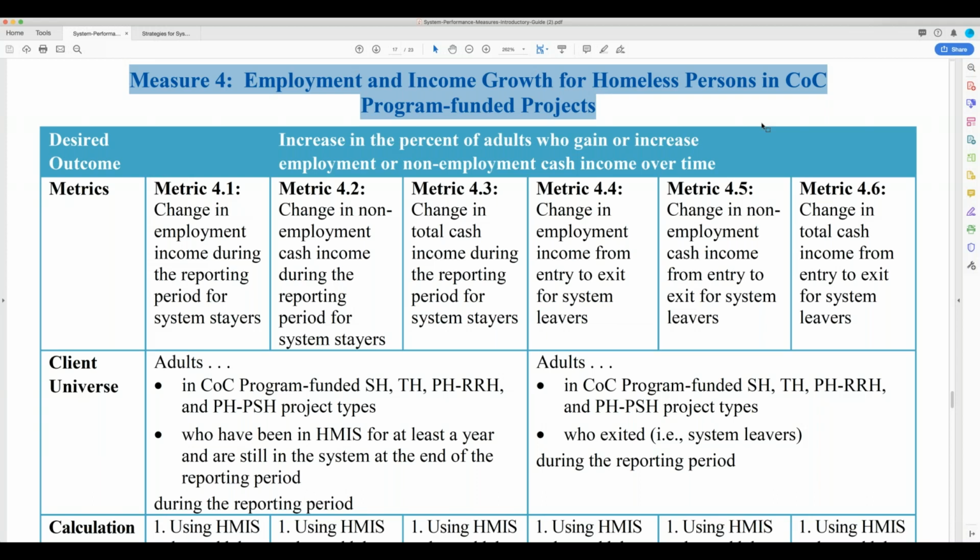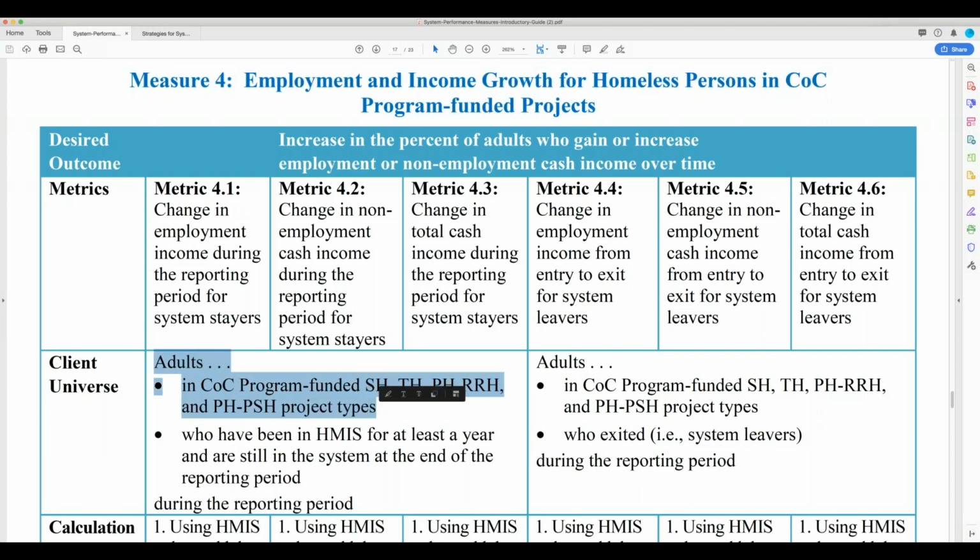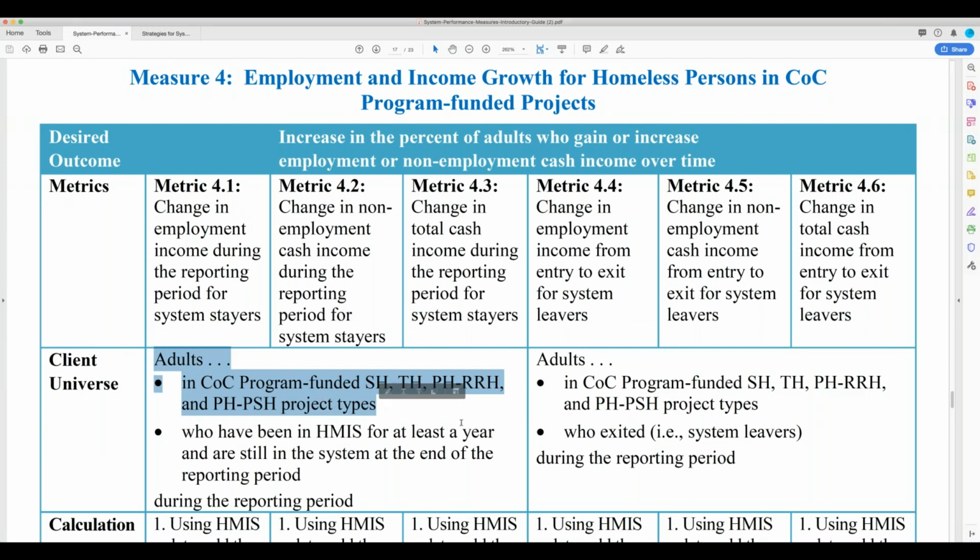Even if you are talking about, for instance, maybe the biggest impact would be our partner at Office of Temporary Assistance, or OTA. If you think about just the impact of that agency, even though they are not a CoC funded agency and they don't necessarily have any adults in these project types in HMIS, the impact that that office has on all of our programs that do meet this definition, in terms of connecting folks to non-employment cash income, could be just incredibly huge. I mean, they are the major source of connecting folks to non-employment cash income in the CoC.